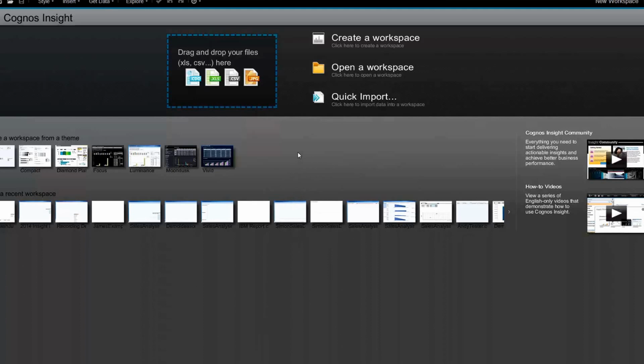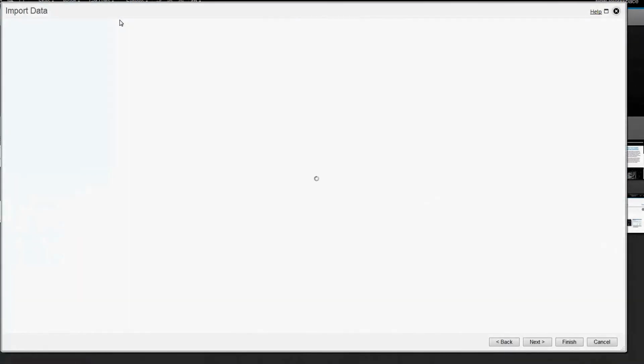So the first thing that we need to do is decide how we're going to bring some data in. As you can see here, we've got a number of files that are available to us, and Insight gives you the option to either drag and drop that data, or we've got a get data option right here where we can simply bring some stuff in. So I'm going to use the get data option. We just go import data,